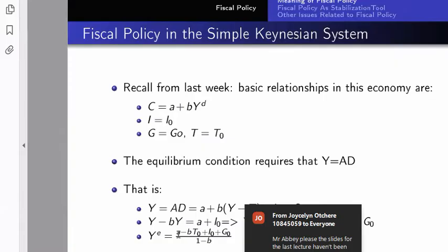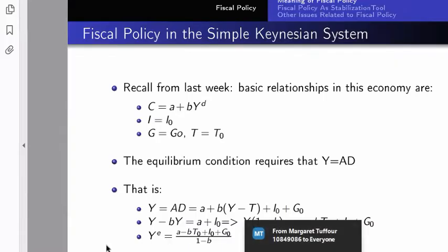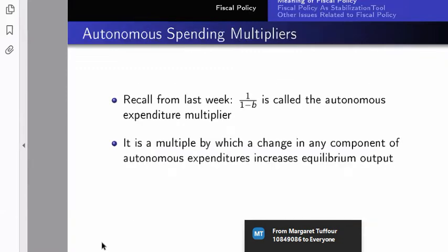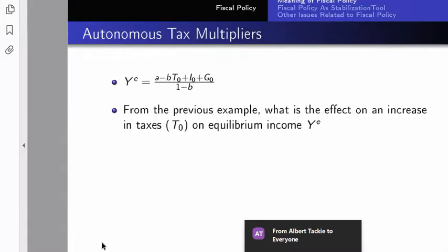Okay, all right, Jocelyn, I'll do well and get you the notes, all right? So what is the slope associated with G naught? It is 1 over 1 minus B, all right? It is one, and that is what is referred to as what? The autonomous expenditure multiplier, okay? So I can see Margaret saying that the slides may be up, so you guys should go get it, all right? But all the same, I'll send it to the course rep to share it amongst you, all right? So now let's move on, all right?